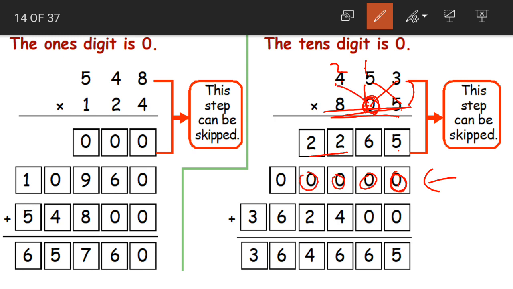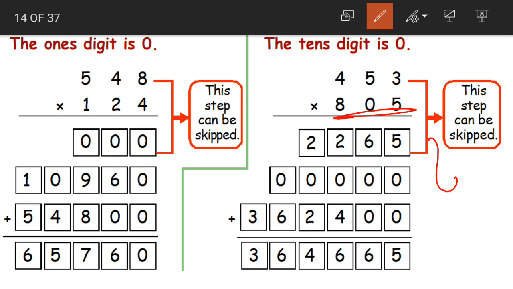Okay, now next coming to the 8, where the 0 is placed extra. Yes, coming to 8, which is the digit in the hundreds place. Before multiplying we'll write 2 zeros. 8 3s are 24, 4 here, 2 carried. Next 8 5s are 40 plus 2 is 42. 4 carried, 2 written down. 8 fours are 32 plus 4 becomes 36. Yes children, we have multiplied 453 with all the 3 digits of 805.